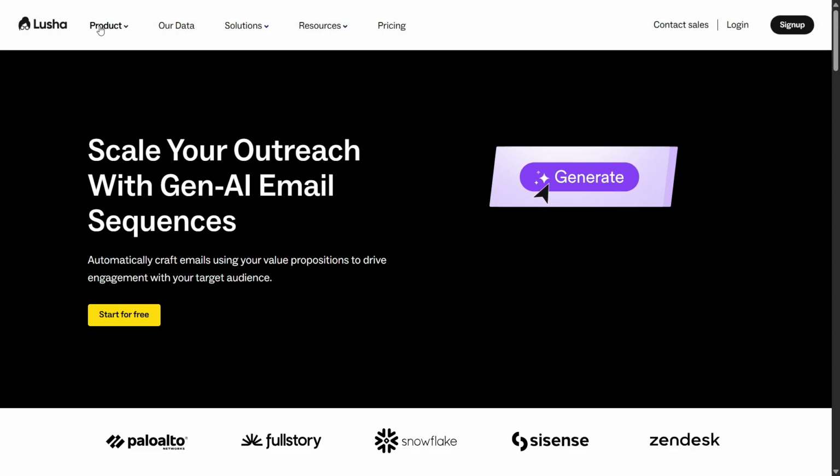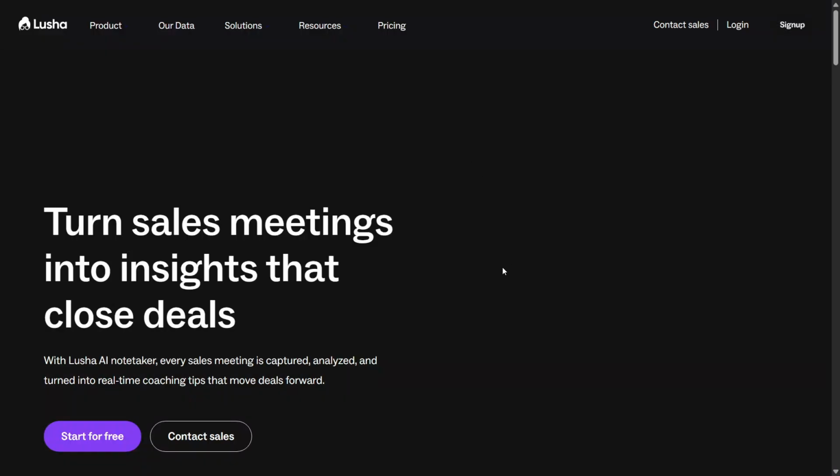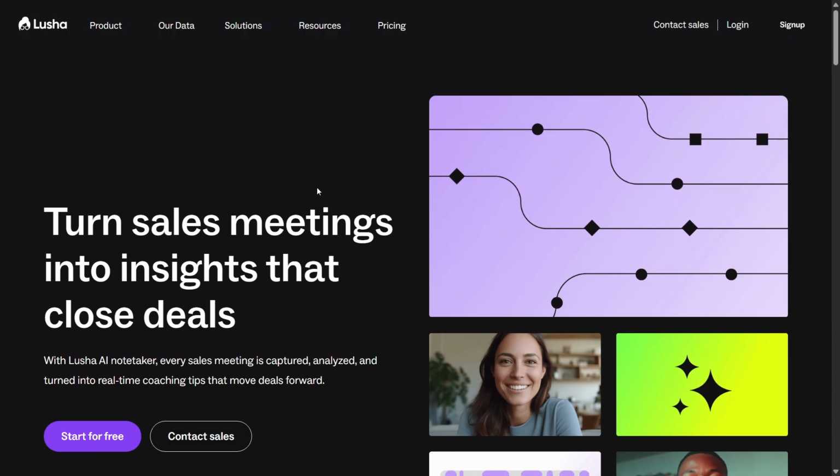Within Lusha Engage, there's also a Conversations Hub. This is where you can manage and track all ongoing conversations with leads in one centralized inbox. It ensures timely follow-ups, better visibility into communication history, and more personalized interactions, which are critical for building strong relationships